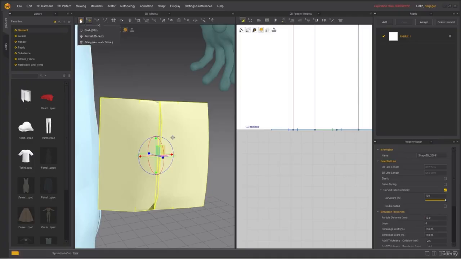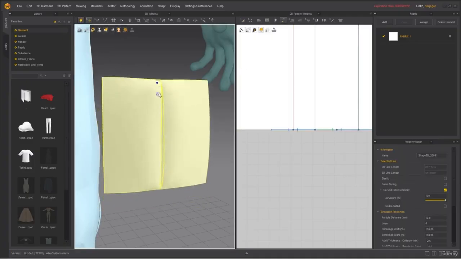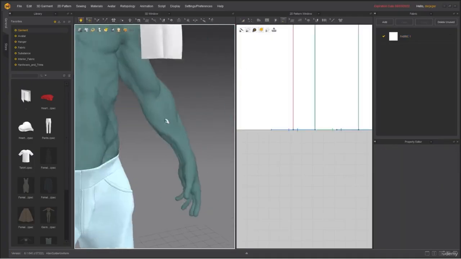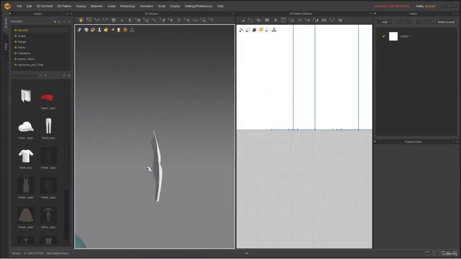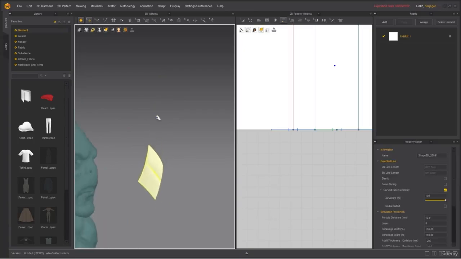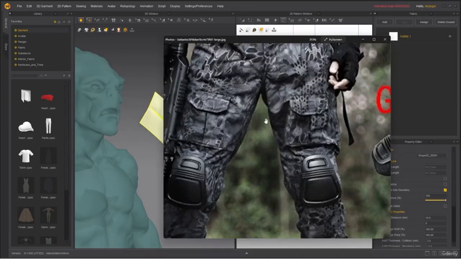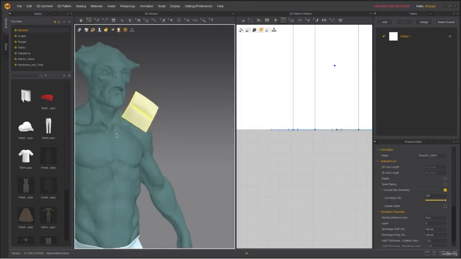So let's do 10 and simulate again. Just pinch there a little bit. It's free gravity, so it's floating all the way. But that's it. That's going to give us the nice little pleat pocket. And of course, it's going to give us a little bit more space on the inside. So that's what's going to give us this sort of effect that we have here, like the inner line going